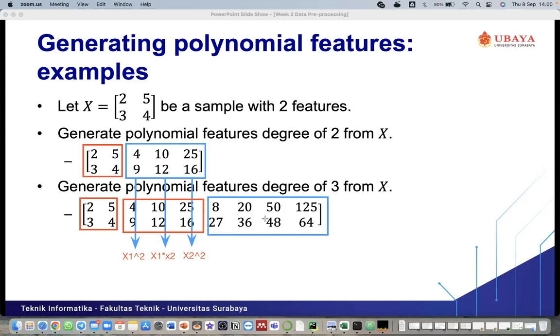Okay, so it will be x1 times x2 square. And the last one is the power of 3 from x2, the power of 3 from x2.